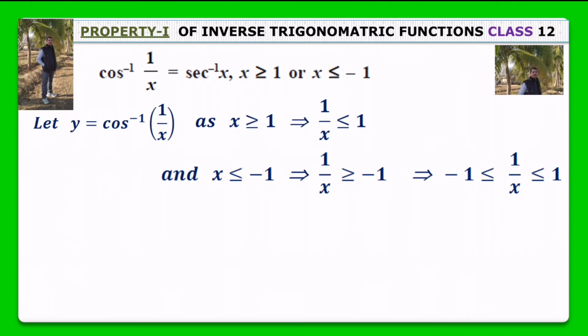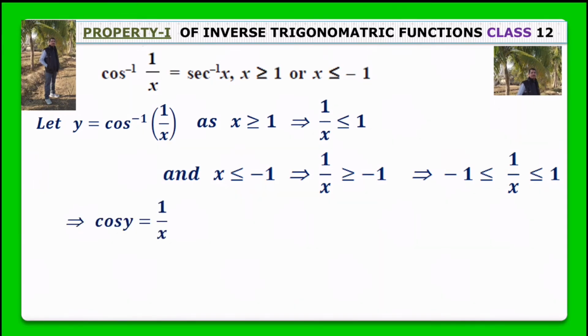Cos inverse का domain है. For properties of inverse function we can write it as the image of y under the function cos will be same as 1 upon x. It means we can write cos y equal to 1 upon x. Now take the reciprocal of both sides, the reciprocal of 1 upon x is x, and the reciprocal of cos y is 1 upon cos y. Now 1 upon cos y we know is nothing but sec y.